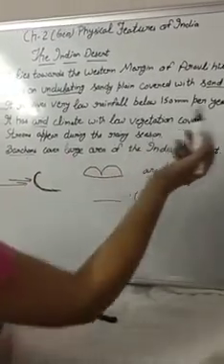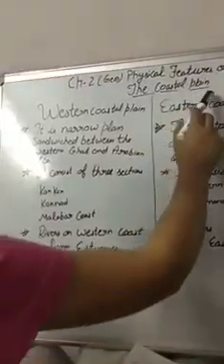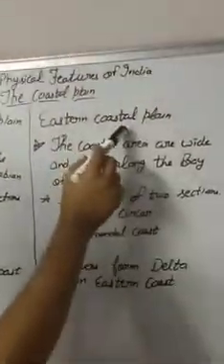Okay, after that, the next physical feature is the coastal plains. The coastal plain, a stretch of narrow coastal strips at the margin of the Peninsular Plateau, is known as a coastal plain. These strips run along the Arabian Sea on the west and the Bay of Bengal in the east. To be clear about them, firstly we will differentiate the western coastal plain and the eastern coastal plain. The western coastal plain lies between the Western Ghats and the Arabian Sea, and the eastern coastal plain lies between the Eastern Ghats and the Bay of Bengal.